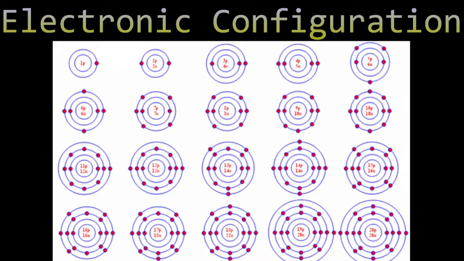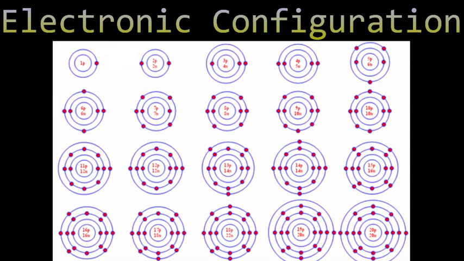The electrons in the outermost level of an atom are the reason why chemical reactions take place. The inert or noble gases, helium, neon, argon and so on, are very stable and unreactive. This is because they have completely filled outer electronic shells: 2 electrons in the case of helium and 8 electrons in the other noble gases. Such configurations are very stable and are called octet, or duplet in the case of helium, configurations.